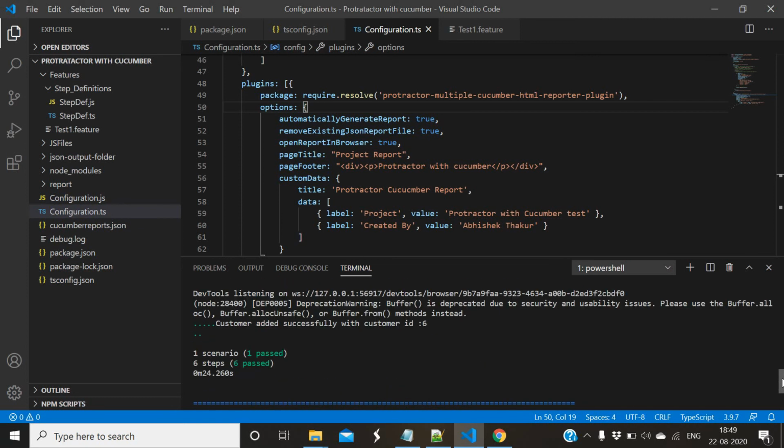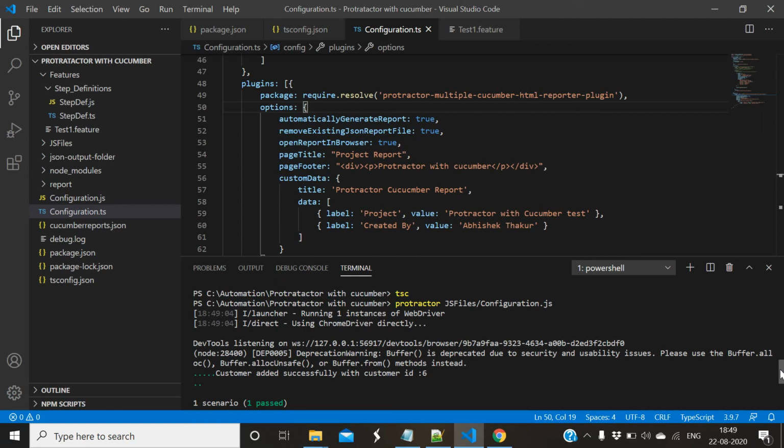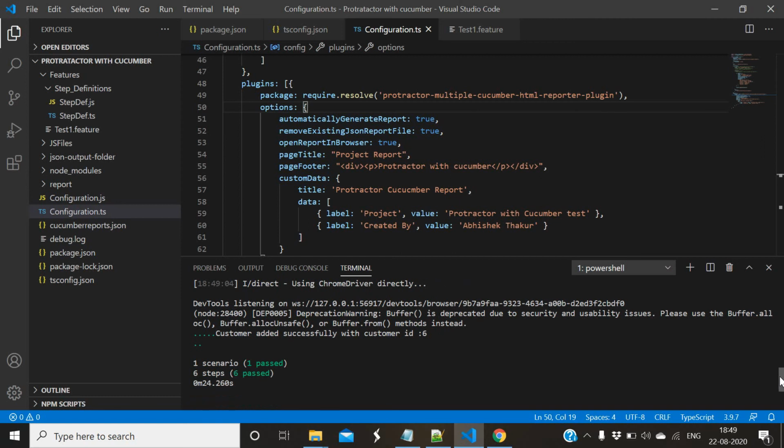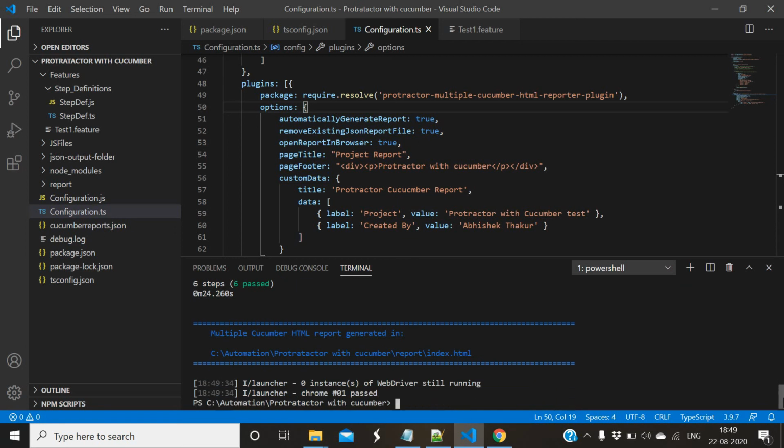But if we are not generating an HTML report, we are not able to see a proper format of reporting, and how will we share the reports with management or business people or other stakeholders, right? For that we need a proper reporting file generated after execution. So this is a report which has been generated.